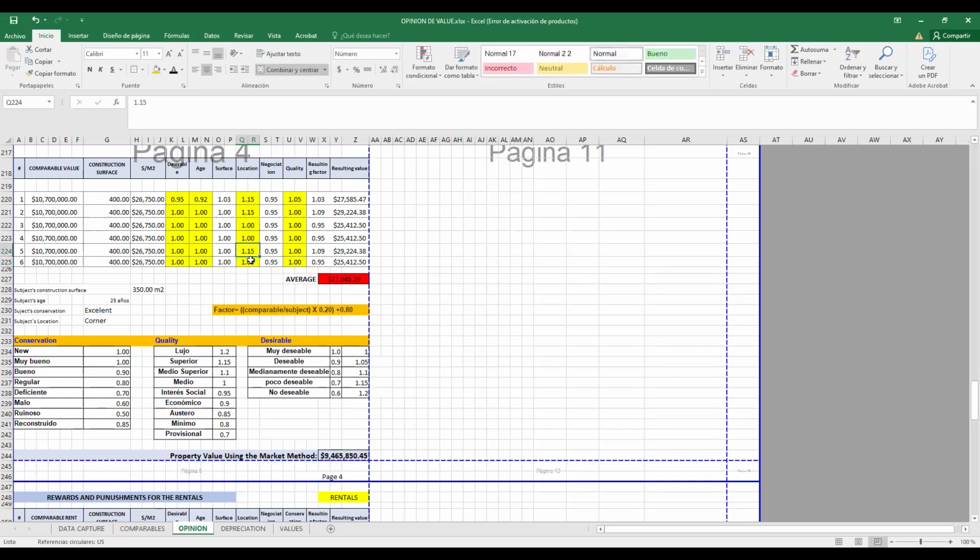Only when the comparable is not in the corner. If your property is not in the corner, and the comparable is in the corner, then you need to punish the subject. So it's going to be 15% less.